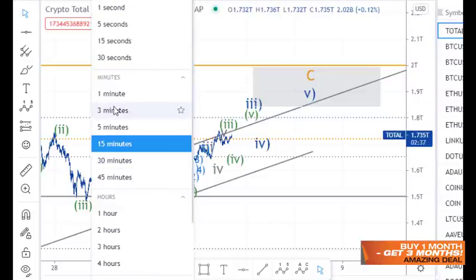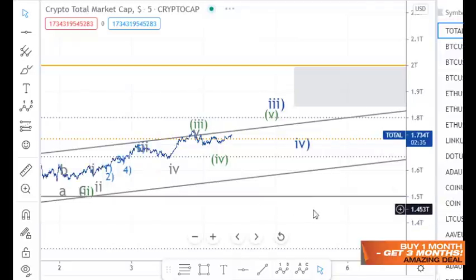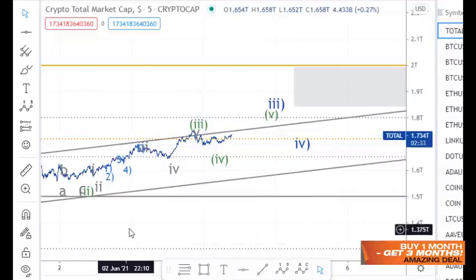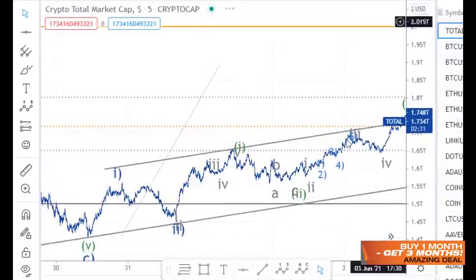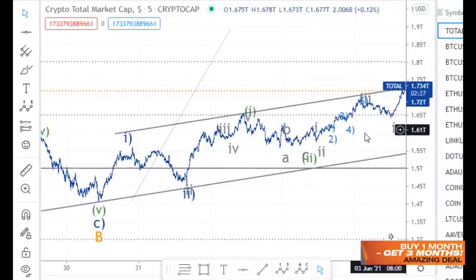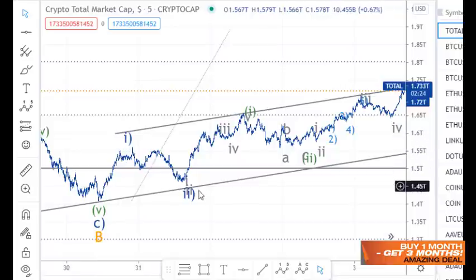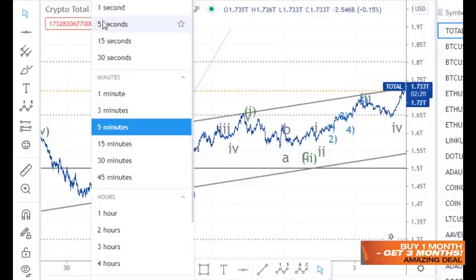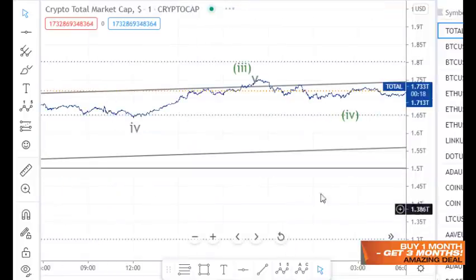Here I can drop that down to a 5 minute chart just to get a bit more data in here. But yeah, I've labeled this all on the 1 minute chart. That's why it's all moved across. But this blue wave 1 and blue wave 2, that's pretty simple, isn't it? So if we pick this up from the 1 minute chart,